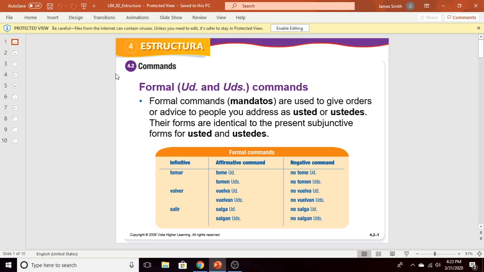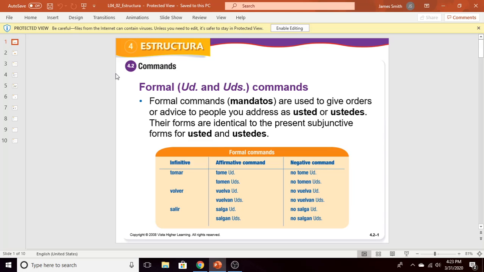For example, I can't command yo. I can't command ellos. I can't command ella. I only can command people I'm talking to. So the only people we talk to are tú, usted, and ustedes. Okay? They're going to tell you that you can also command nosotros. That's kind of like saying, let's do this thing. I don't know if I consider that fully a command, but